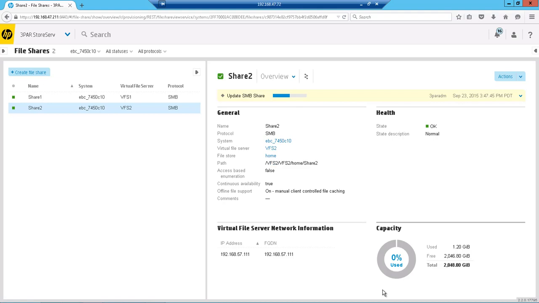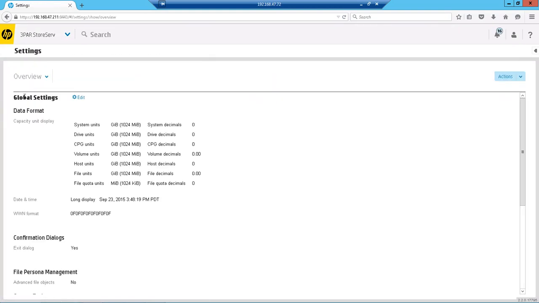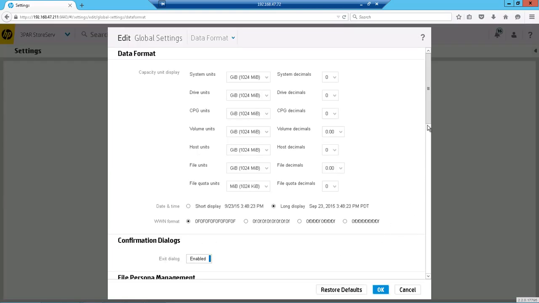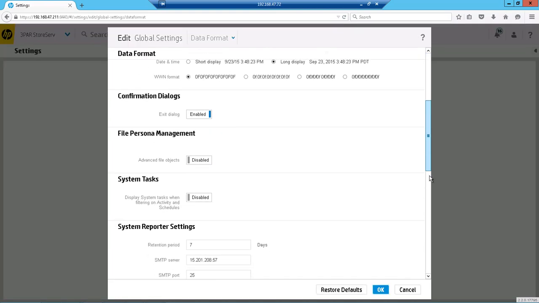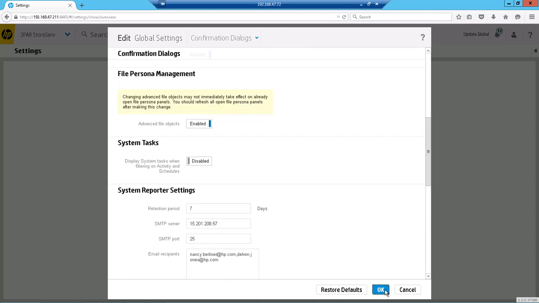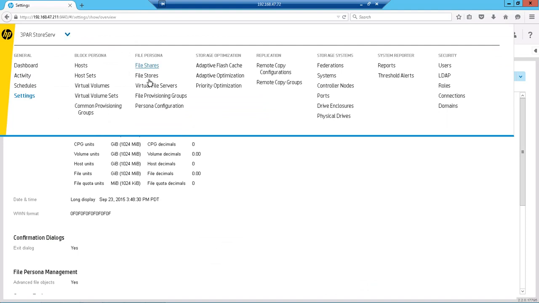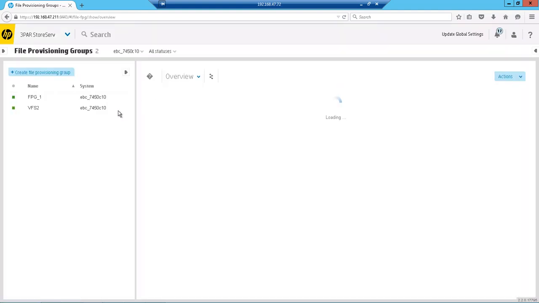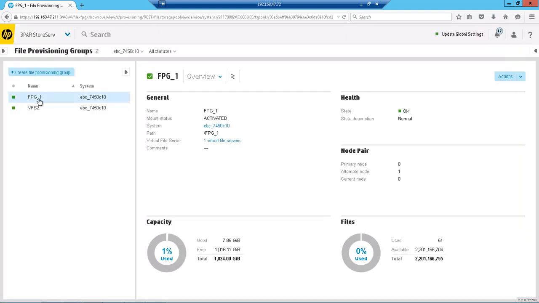So if we wanted to see what the file provision group looks like for share 2, just as I said, it's going to be called VFS2. So if we go to here and change the setting back to what it was before, just so we can see what it looks like, we'll just enable this again, say OK. And now if we take a peek at the file provision group, earlier the first one we created on our own, the second one, the VFS2, was created